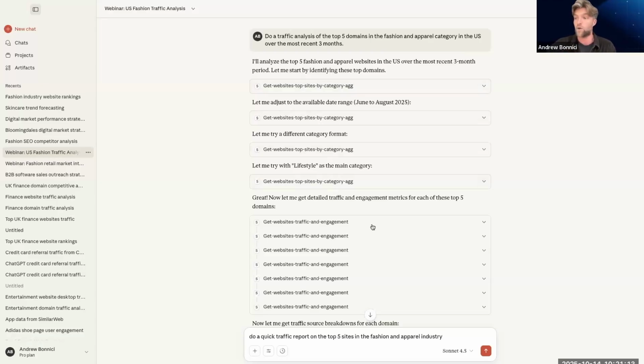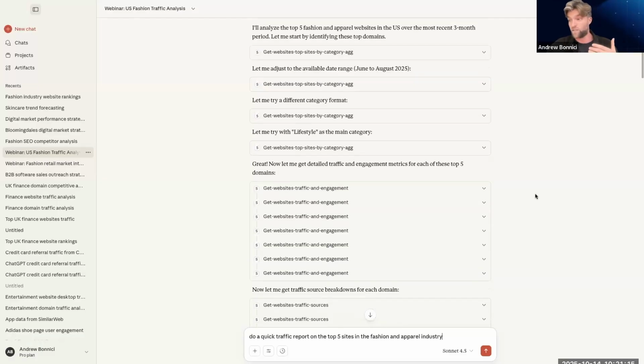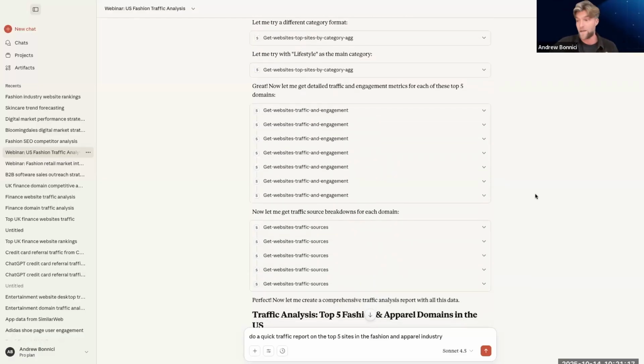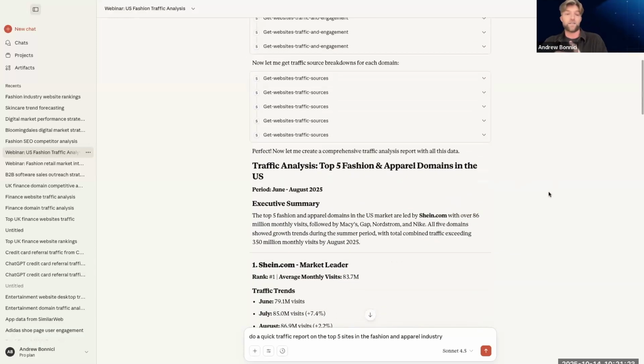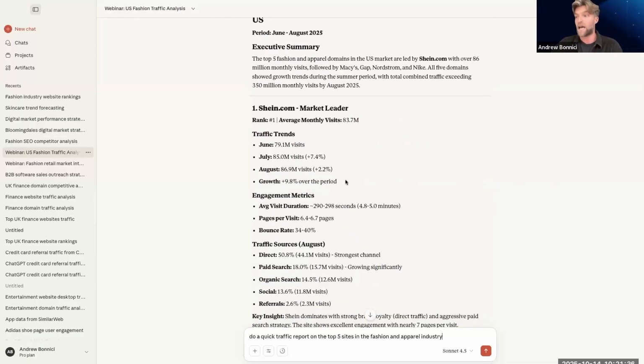So you can see that it's bringing all of that, and this from start to finish takes about 5 minutes. You can see it's pulling traffic and engagement data, it's bringing traffic sources. And this is where the native power of the LLM really comes in, right? Because you're taking that Similarweb data and it's not just pulling the data points for you, it's giving you an executive summary. It's giving you a breakdown of these top domains within the fashion and apparel industry as an example